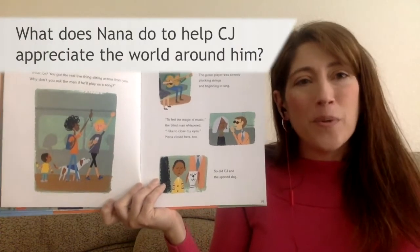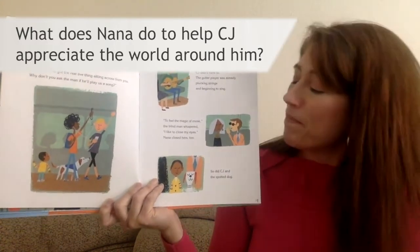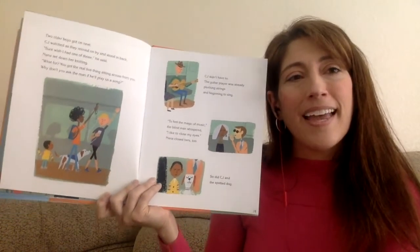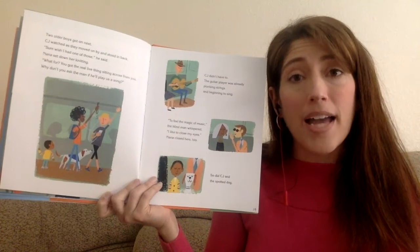What does Nana do to help CJ appreciate the world around him? Use the sentence frame, Nana helps CJ appreciate the world around him by...